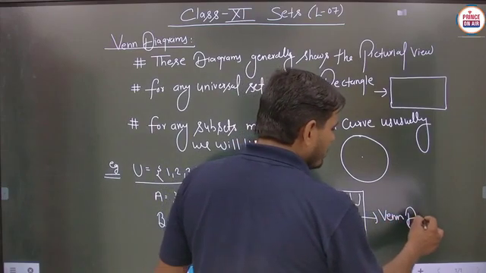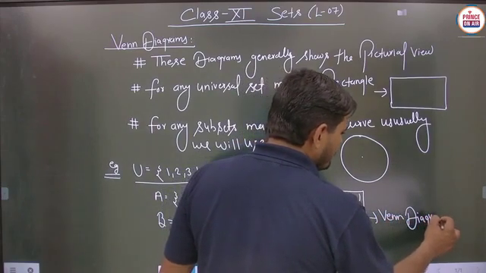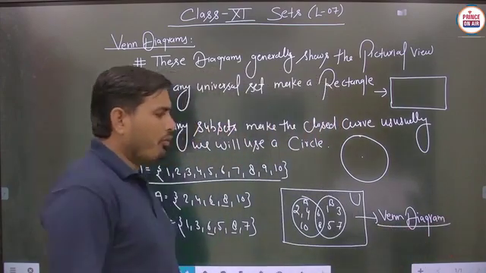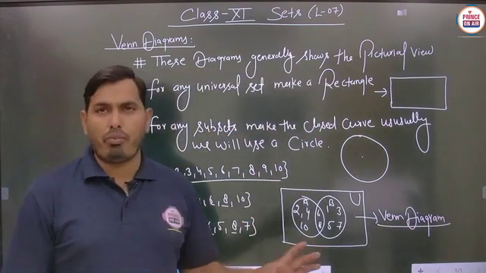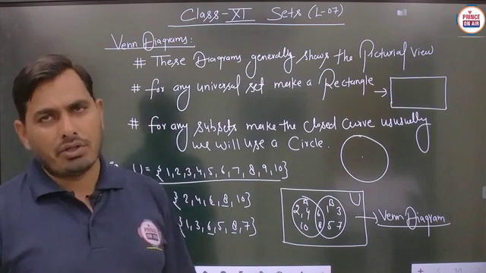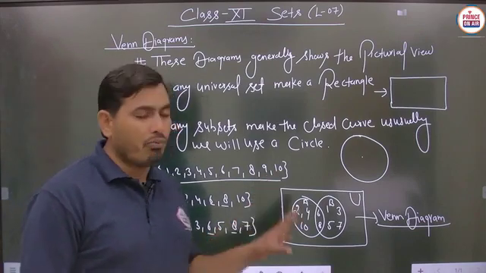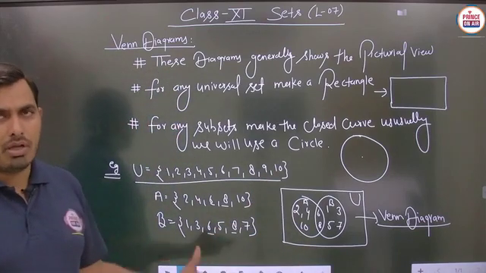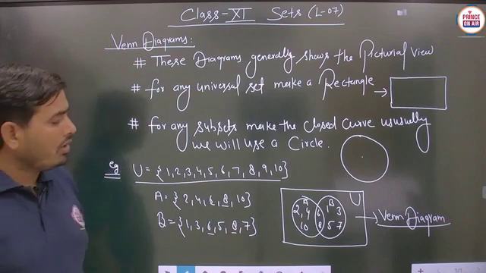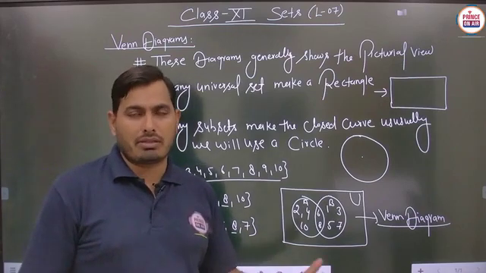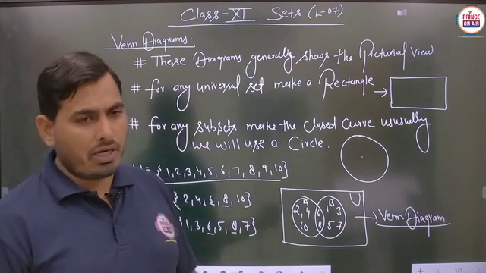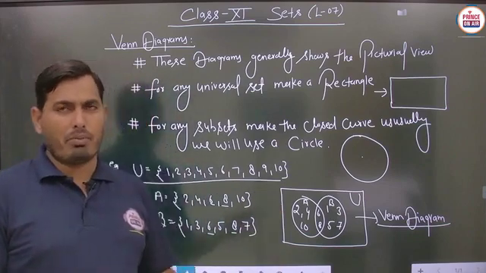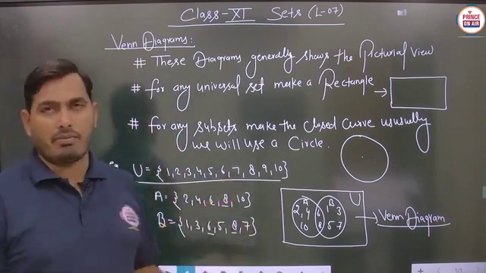And student, there are some practical problems that are very important, and we have to solve them by using these types of diagrams. Venn diagrams are the most important part for solving some practical problems related to sets. We also have to discuss the practical problems. Then definitely, student, to solve these practical problems we have to make Venn diagrams. Is it clear?